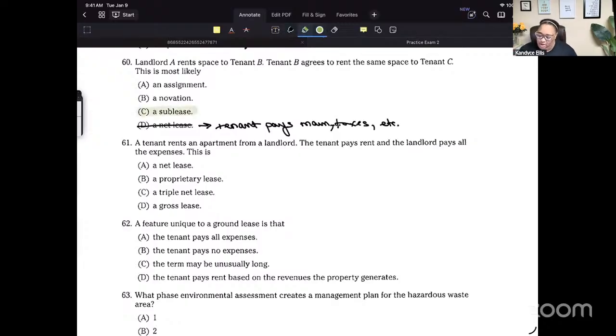But now we are coming back to this whole thing, novation versus an assignment. My understanding is an assignment is when you're assigning some of the responsibilities to somebody else, but not necessarily everything. And then a novation is when you're completely changing out a person or a new contract. Novation is new. It's a new person or a new contract. But I think this calls for seeing what Uncle Ray has to say early in the class.